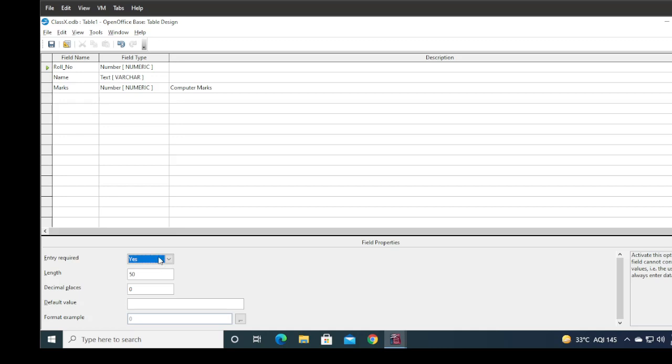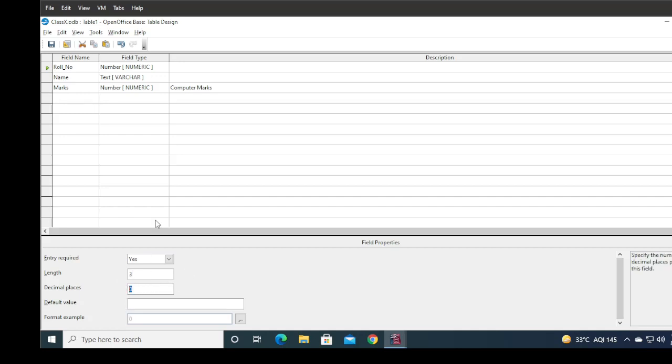If you don't set the primary key, then your choice is yes or no. You can choose either one. For example, for roll number, I am choosing yes because I also want to create the primary key. The length of this roll number you can set; I want 3 digits, like 101, 102. So I am selecting the roll number length as 3.